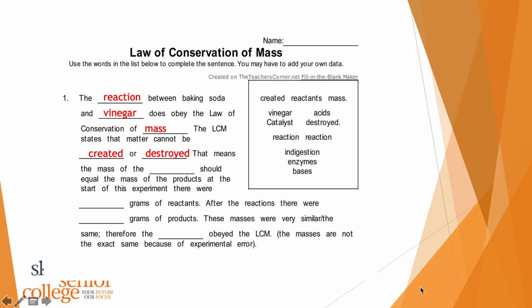It's okay. That means that the mass of the blank should equal the mass of the products at the start of the experiment. So we know products on the right hand side of the equation, they are what are created by the chemical reaction. So what are the first things called? Well, they're called reactants. Okay, hopefully this is old news to you now. The reactants on the left hand side, chemical reaction